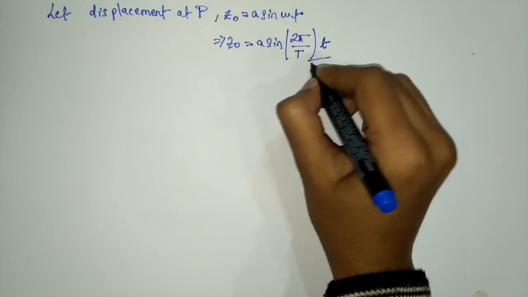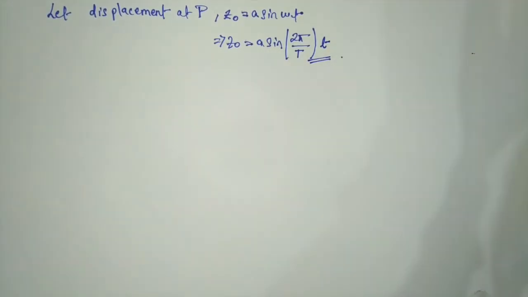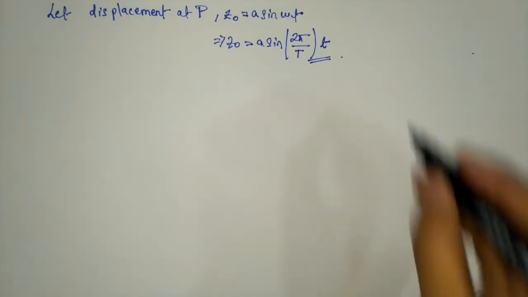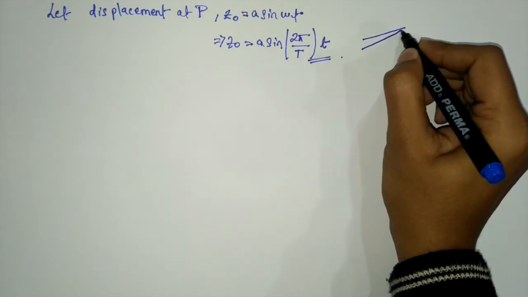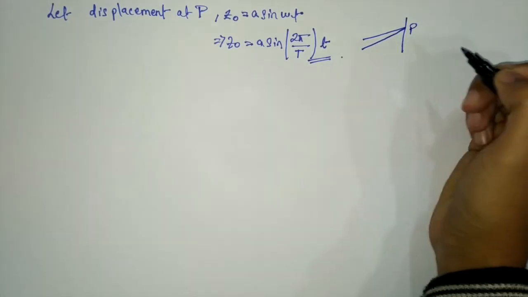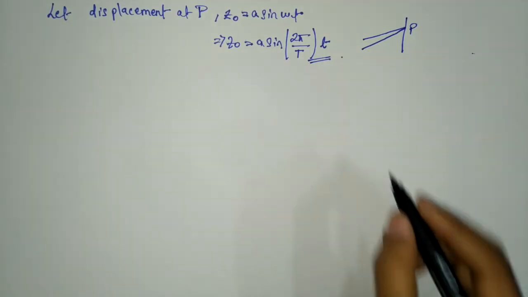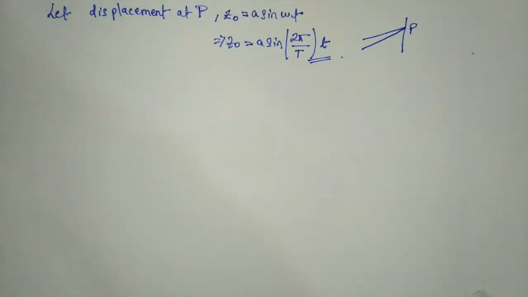So when the wavelet from dy at L will reach at P, that is where this was the diagram and this was point P, the amplitude will be